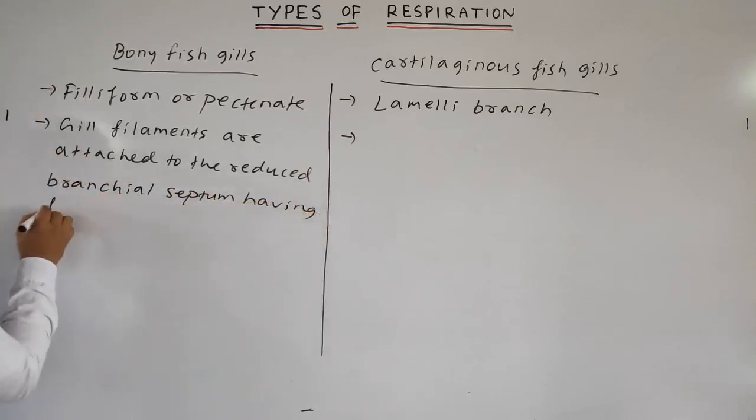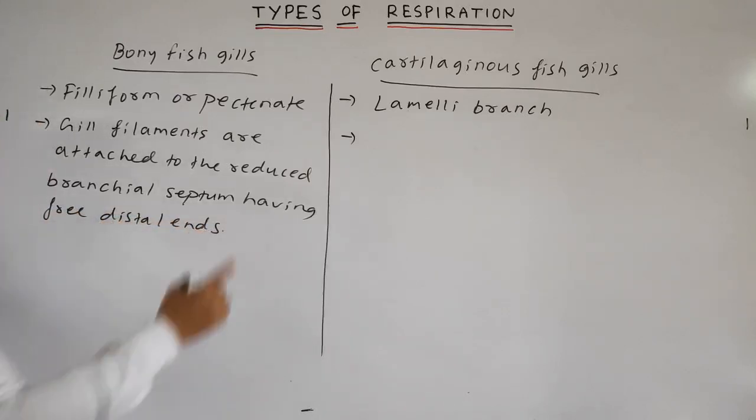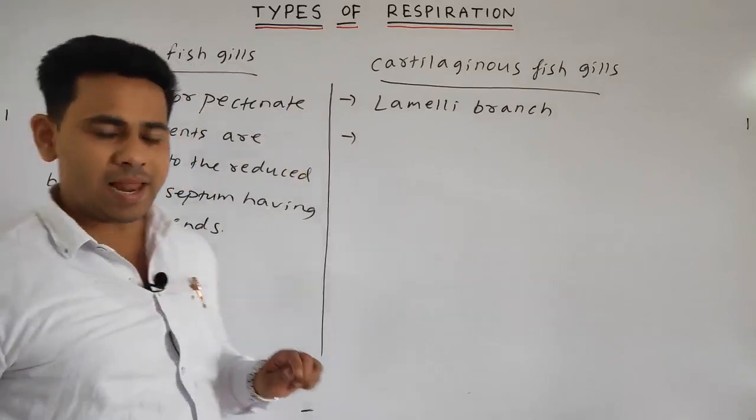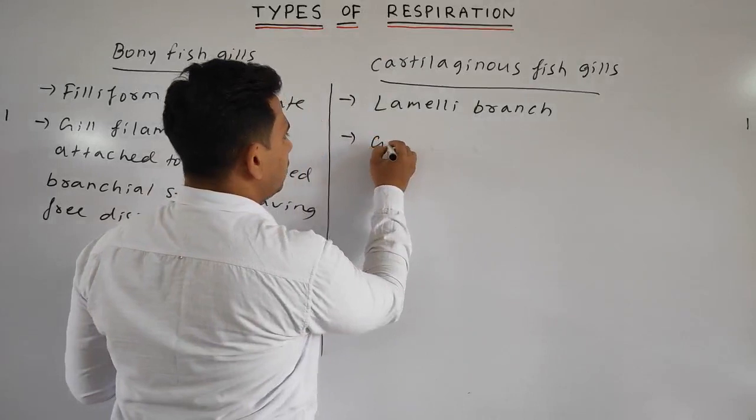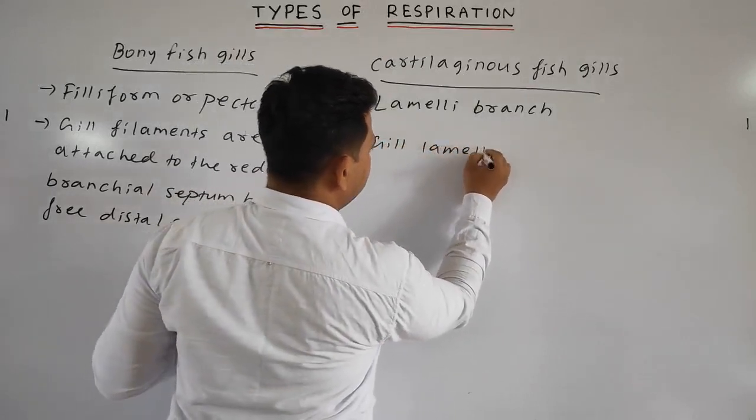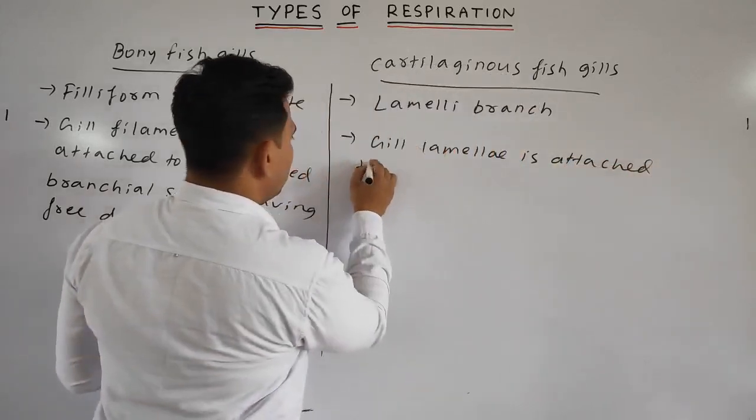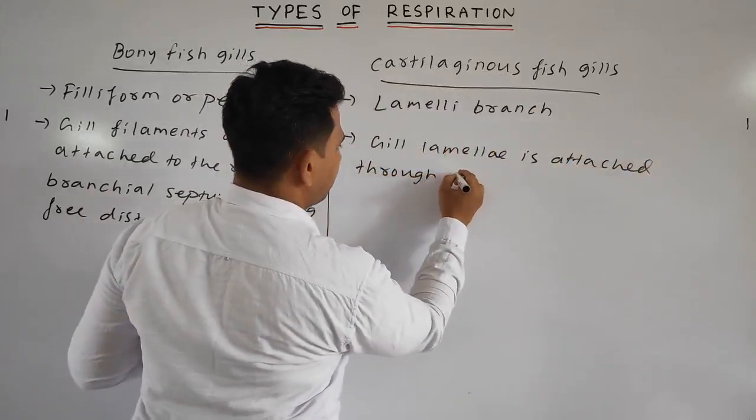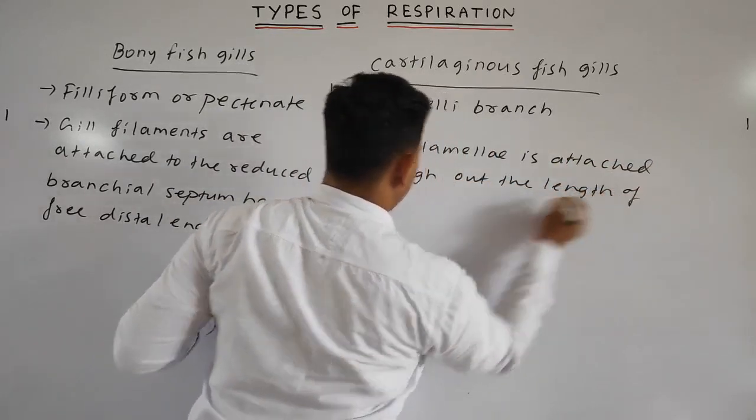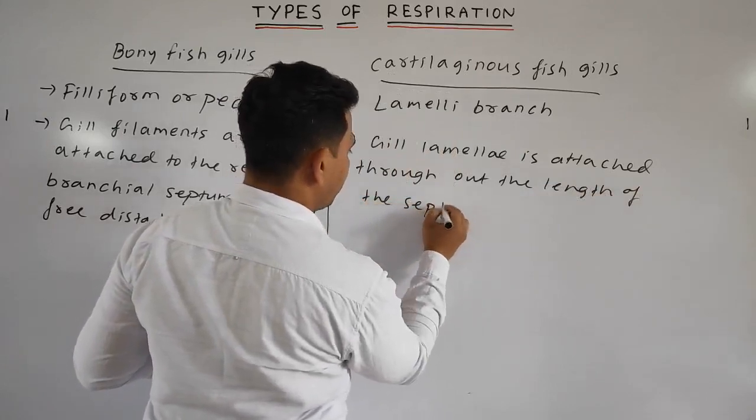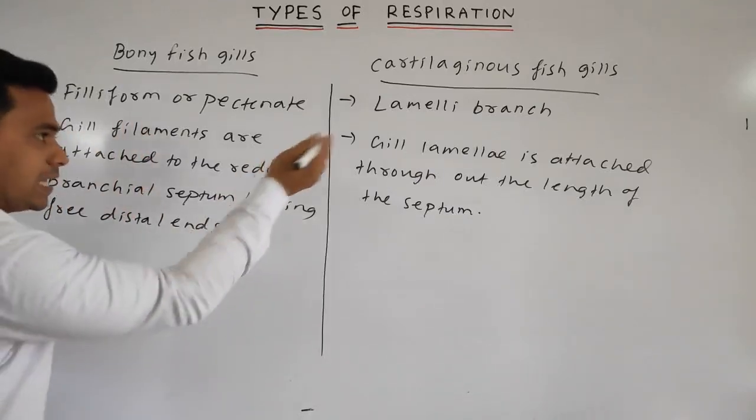Whereas in the case of the cartilaginous fish, the gill lamella is attached throughout the length of the septum. It means, in the case of the filiform gills, as we have discussed,